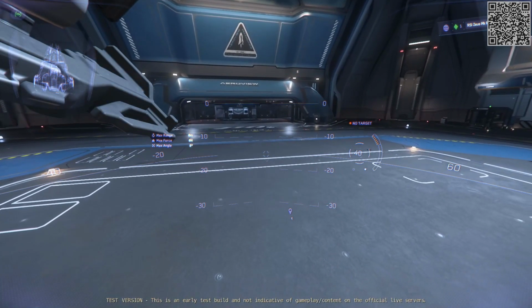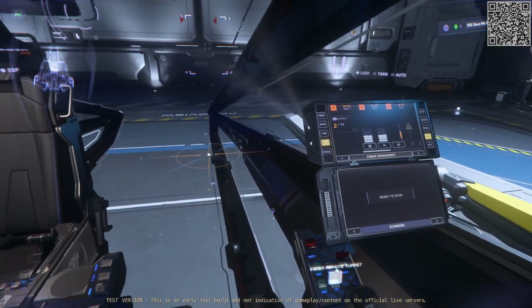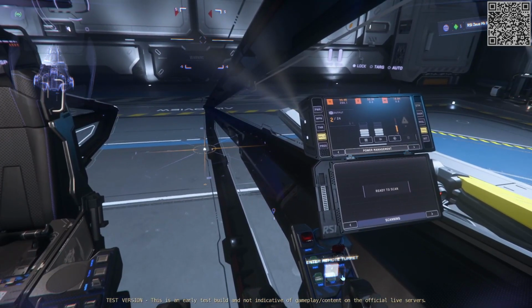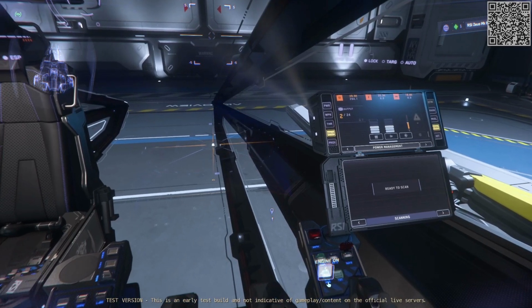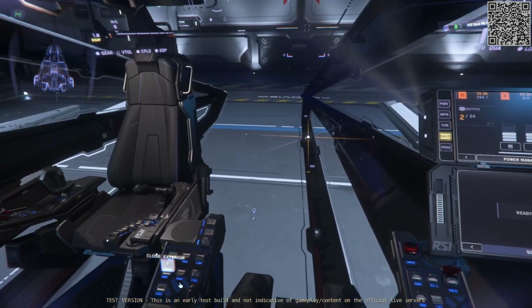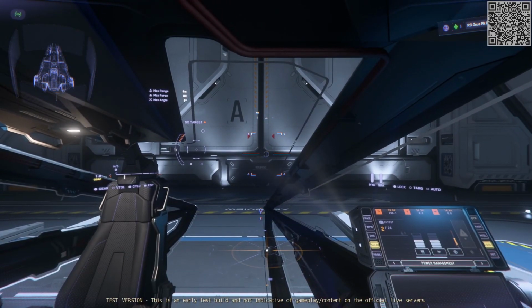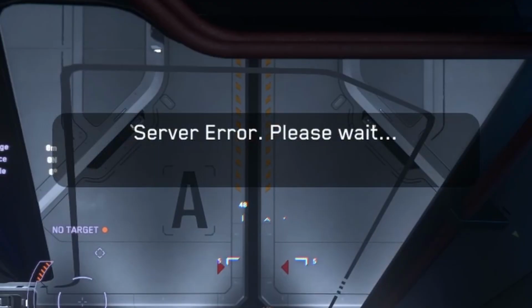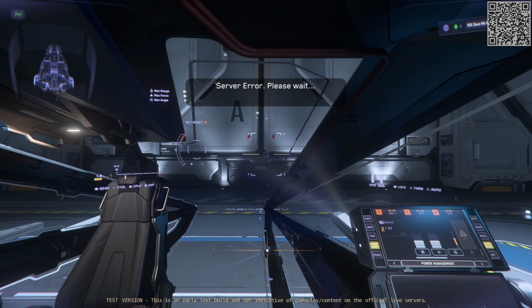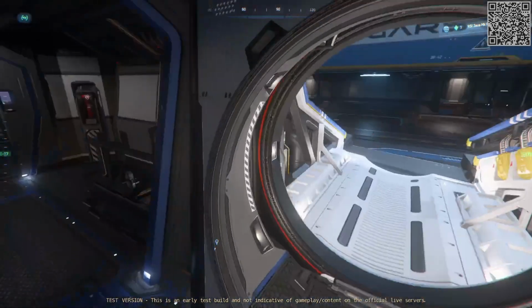And then I assume if I get out the seat... just wondering if there's a button to retract it. There isn't, from what I can see. Okay. Hopefully that auto retracts them when... Oh. So, they are the differences with the